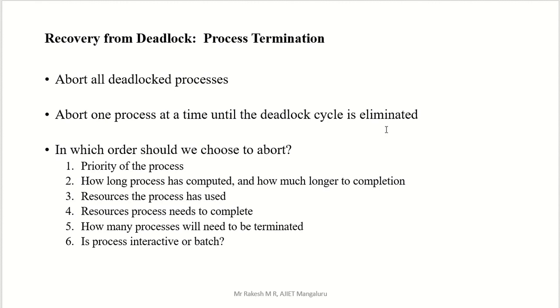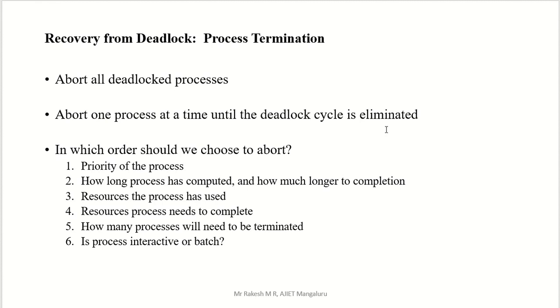At that time, out of three processes, we are going to abort one of the processes. We are going to stop one of the processes. Out of three, one is stopped, so how many remain? Two. Two processes we are going to execute. They will execute completely,